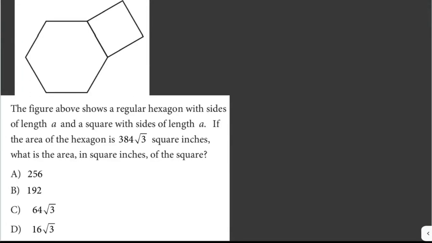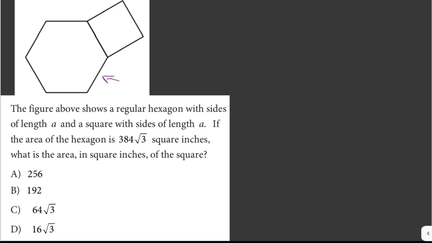This problem here. The figure above shows a regular hexagon with sides of length A and a square with sides of length A. If the area of the hexagon is 384 square root of 3 square inches, what is the area in square inches of the square? So a regular hexagon, this one here,